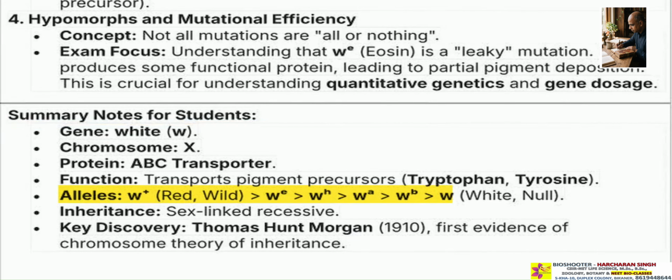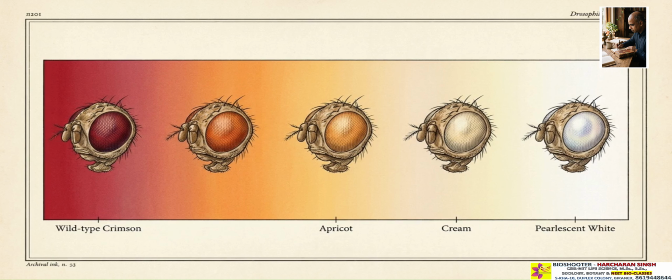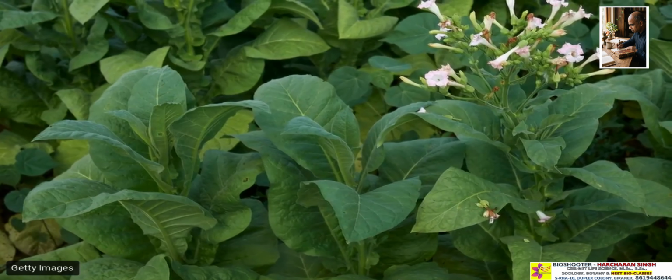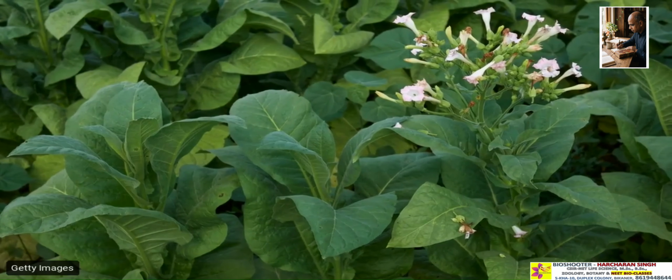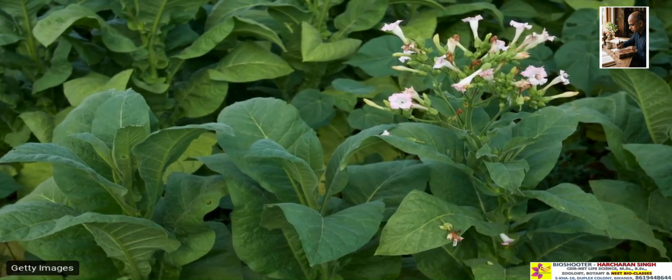These alleles follow a linear dominance hierarchy based on pigment deposition. This demonstrates that multiple alleles can produce a quantitative scale of a single trait based on the efficiency of the resulting protein. In plant biology, Edward East and Albert Blakesley identified multiple alleles as a mechanism for enforcing genetic diversity